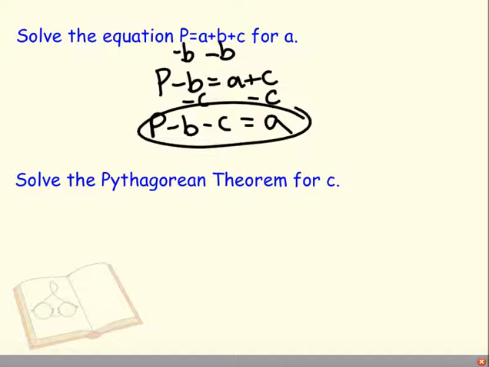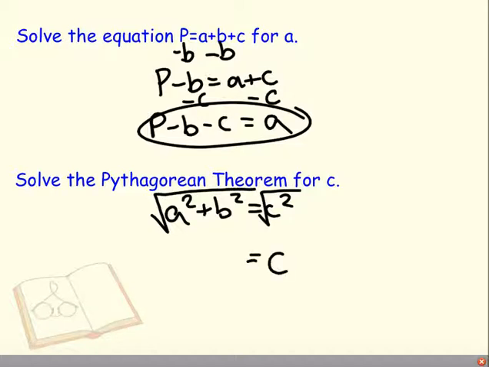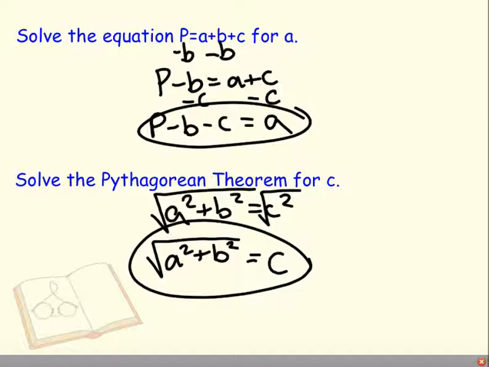Okay? And lastly, solve the Pythagorean theorem for C. Well, the Pythagorean theorem is A squared plus B squared equals C squared. So to solve for C, I would need to square root to get rid of that squared, and I would square root the entire other side. So I would say C is equal to, well, we can't simplify the square root of A squared plus B squared. Because of that plus, we're not able to simplify those squares, and we just say C is equal to the square root of A squared plus B squared. All right, let's